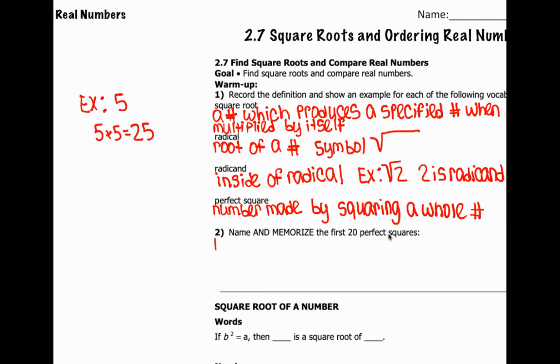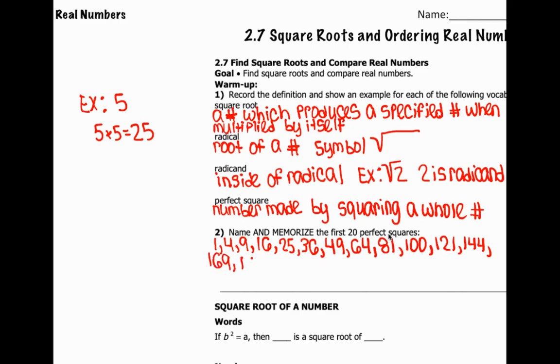So 1 squared is 1, 2 squared is 4, 3 squared is 9, 4 squared is 16, 5 squared is 25, 6 squared is 36, 7 squared is 49, 8 squared is 64, 9 squared is 81, 10 squared is 100, 11 squared is 121, 12 squared is 144, 13 squared is 169, 14 squared is 196, 15 squared is